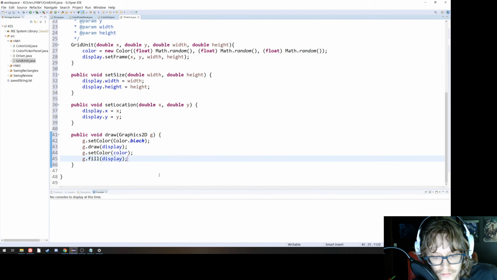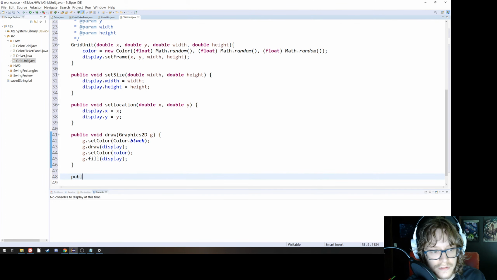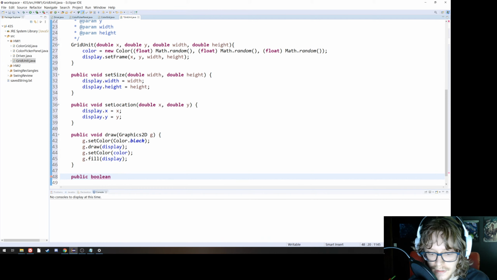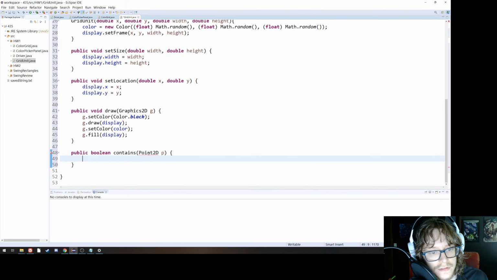Okay, so that's going to allow us to fill it. And now we also need a custom method to get the contains from our display because I made it private. So this is going to return true if the mouse contains the point. Obviously we're going to need that down the road in order to figure out if the mouse is inside of